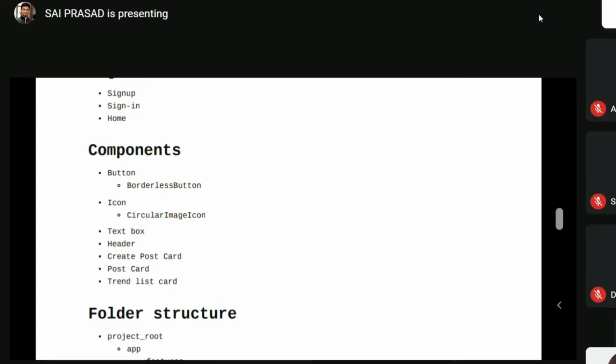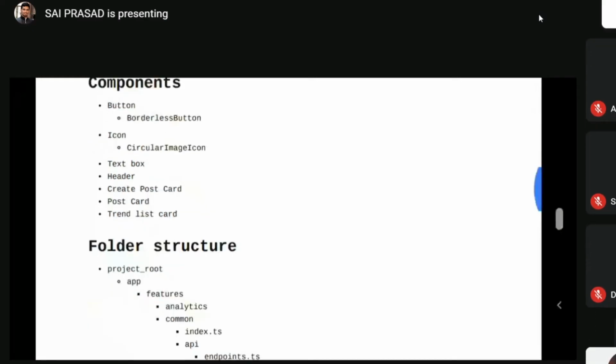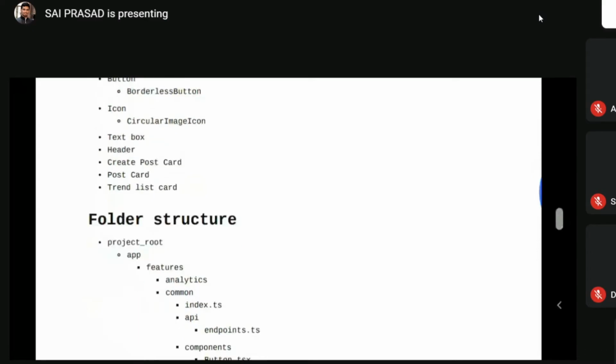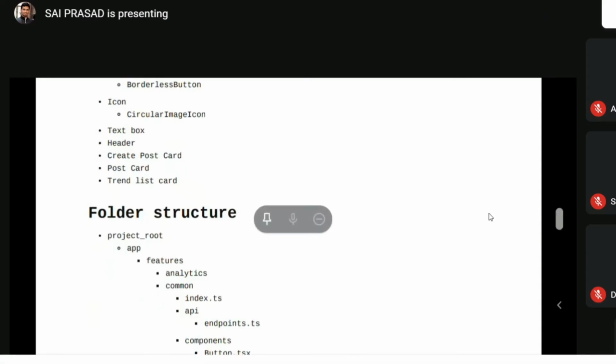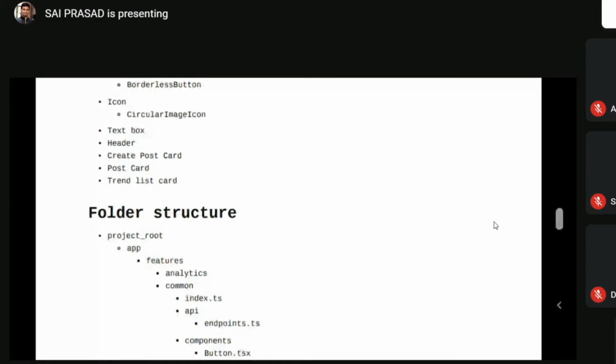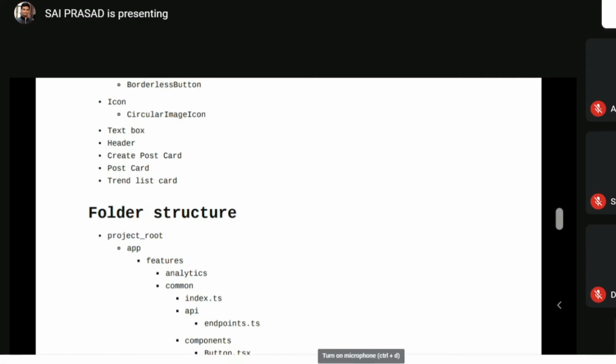So currently I'm giving you a vague idea, at least you have that in mind when you get that. So we have a postcard, the card which has a title on it, saying what the post is meant to be. Then we have a description. Then we have a circular icon there. It is basically like a chat head, where a user profile image will be shown. Then we have clap, like, or maybe comment icons in the bottom. It's basically like a Facebook card that we see on a day-to-day basis.